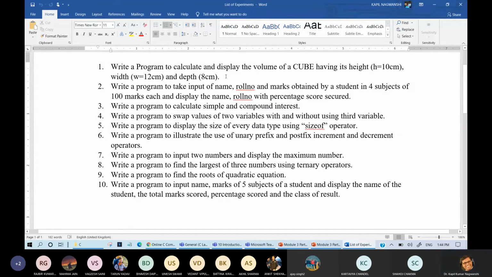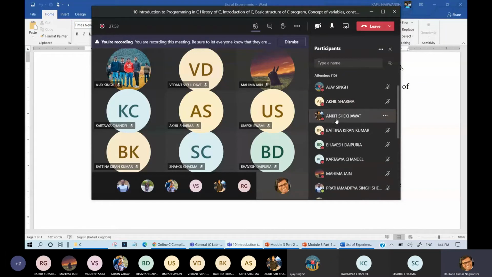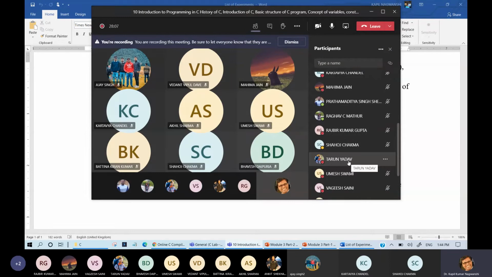So my suggestion is that Ajay will write program 1, Akhil 2, Ankit 3, Kiran Kumar 4, Bhavesh 5, Kartavya 6, Mahima 7, Prathamaditya 8, Raghav 9, Rajbir 10, Shahoj 1, Tarun 2, Umesh 3, Vagish 4, and Vedant Vipul 5.